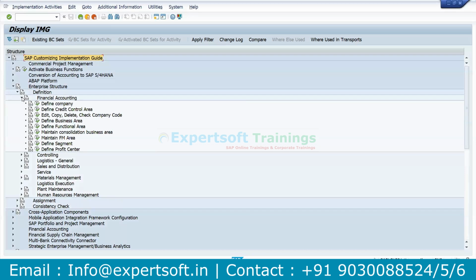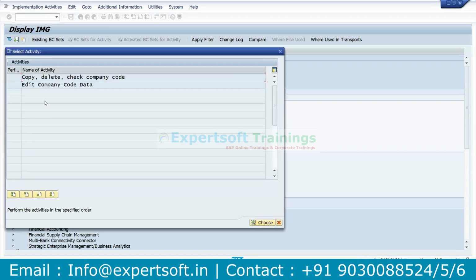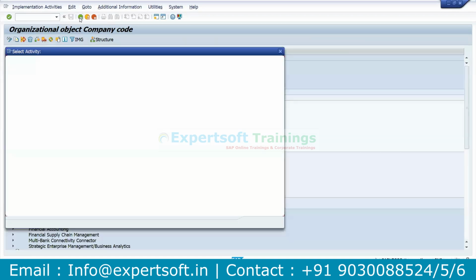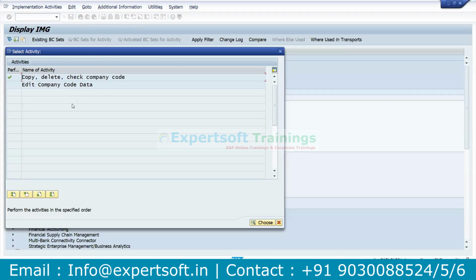Go to financial accounting and directly go to Edit, Copy, Delete, Check Company Code. If you click on this one, you will find two things. One is Edit Company Code Data, and the other one is Copy, Delete, Check Company Code. If you click on Copy, Delete, Check Company Code, you can copy it here. Okay, you can copy it here, but this is the icon which has to be used. So the standard company code